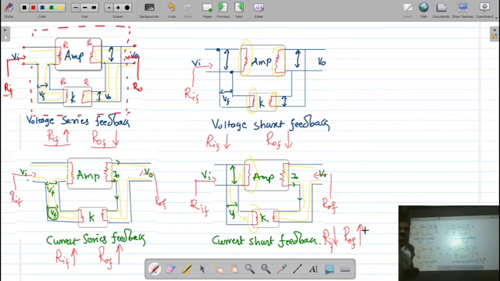Now in the next lecture, we will see the circuit diagrams of different types of feedback. Means if we have a voltage series feedback, then what kind of circuit will be there, and for that circuit we will calculate the feedback factor, the gain of the amplifier, and the input resistance of the amplifier. And then we will discuss the current series feedback, and for that also we will find out the parameters.